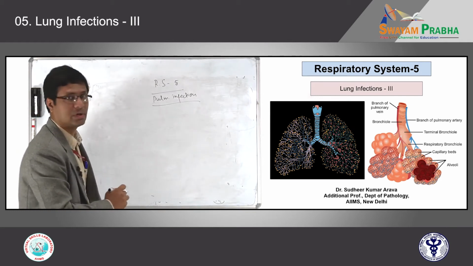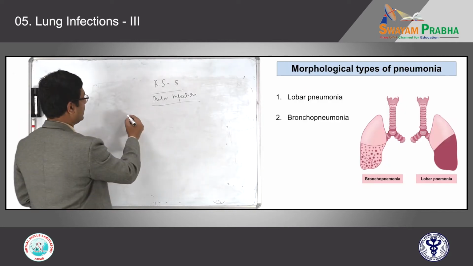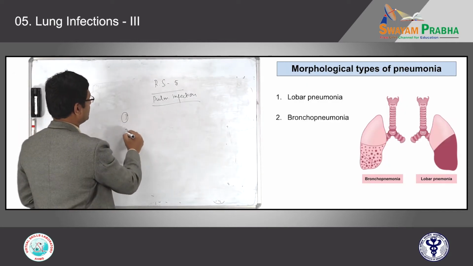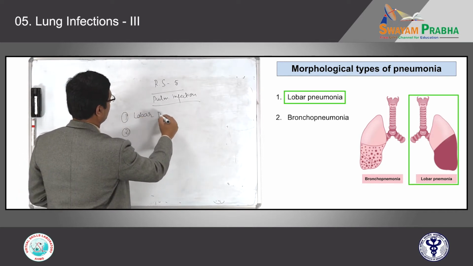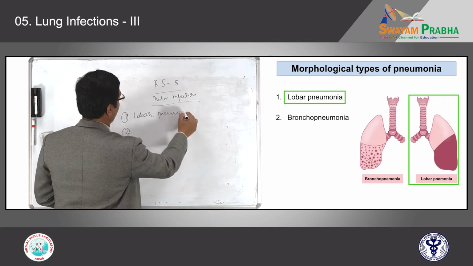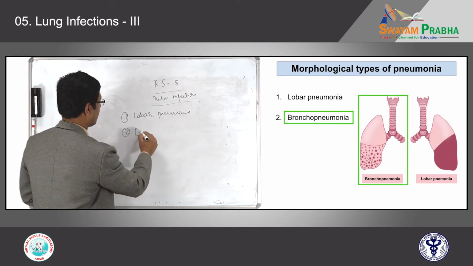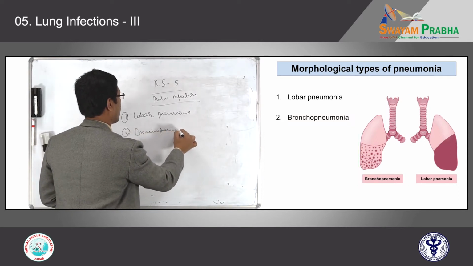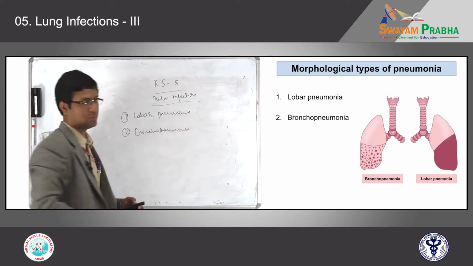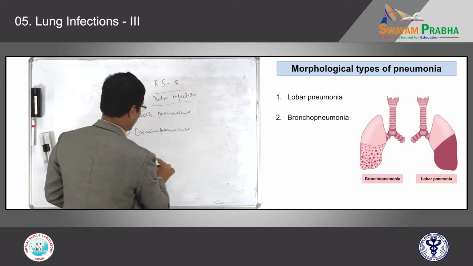So how can we categorize pathologically pneumonia? Pneumonia is broadly categorized as lobar pneumonia and bronchopneumonia. So this you can see in the pictures. Lobar pneumonia means you have